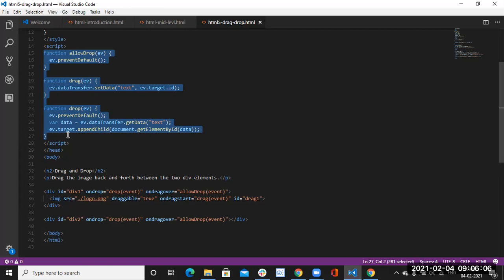Local storage will not go off, means it will not be cleared unless we clear it from the programming. Only when we clear local storage from the programming will the data be cleared. Session storage is not like that. When we close the window, that form data will be erased from session storage.